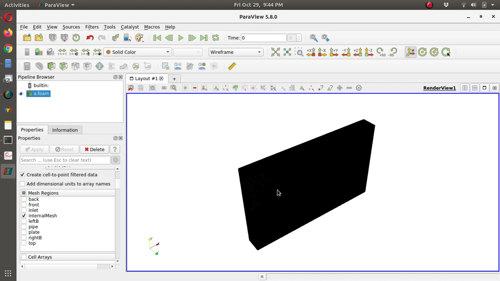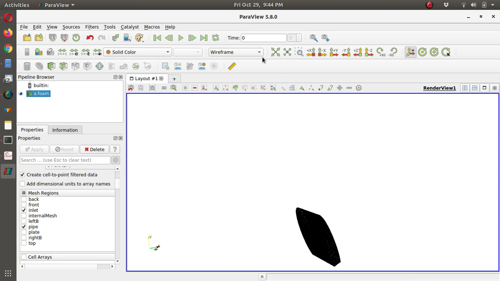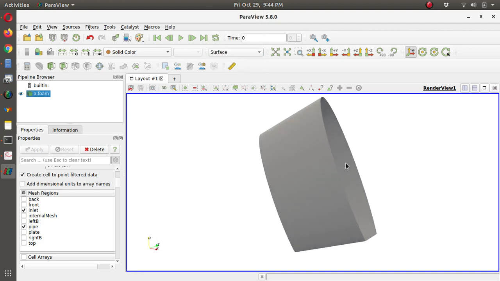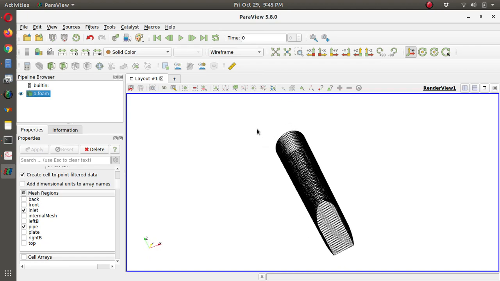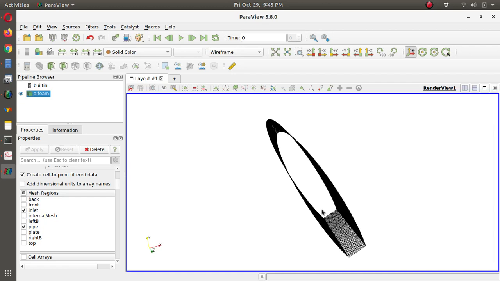Now I want to just see where is my nozzle. As we remember, we have given the name pipe. Okay, and inlet is the nozzle exit. So now we are able to see this is our nozzle. Okay, this is our nozzle surface, and it is meshed nicely. Okay, this is the exit of the nozzle. We are not having any surface on the front and back because it is a kind of slot jet and there is no